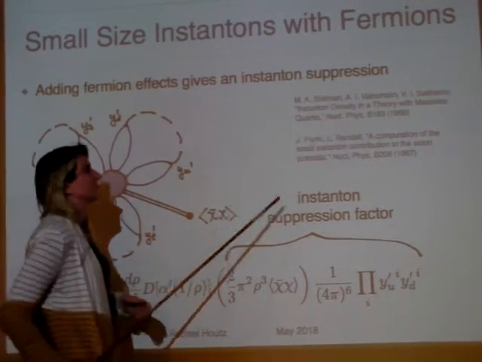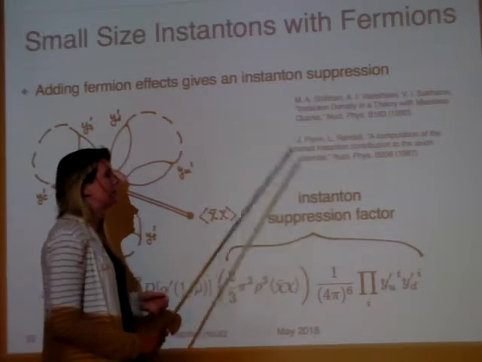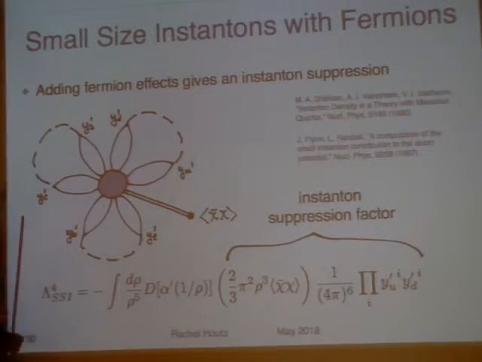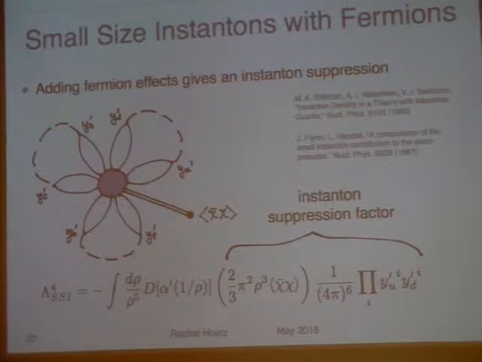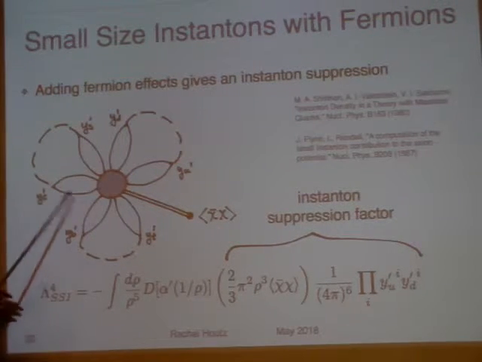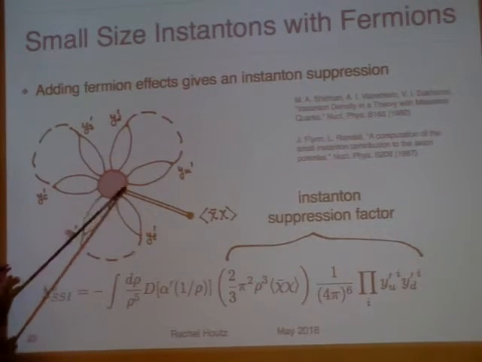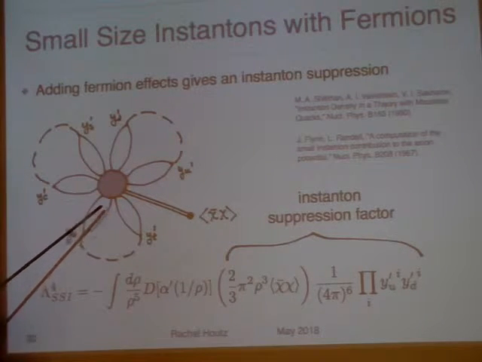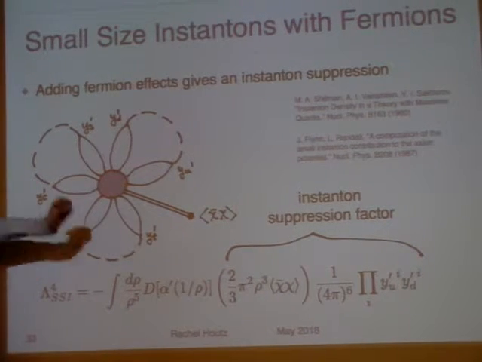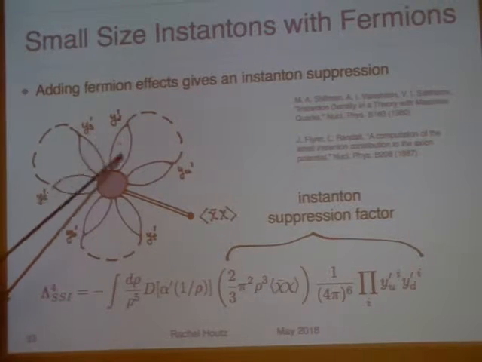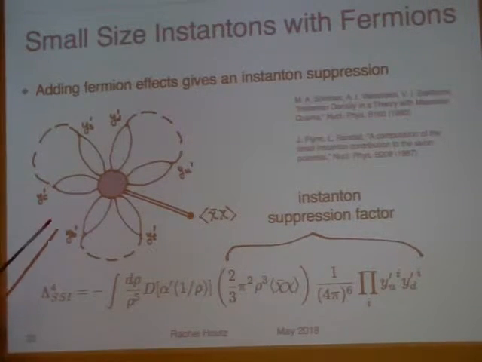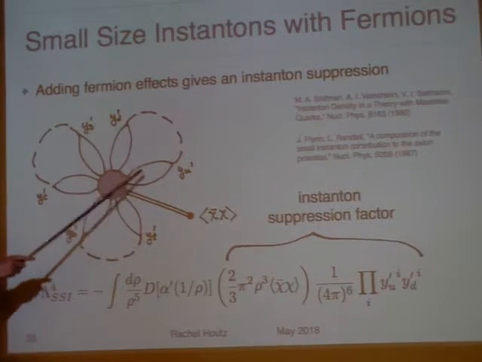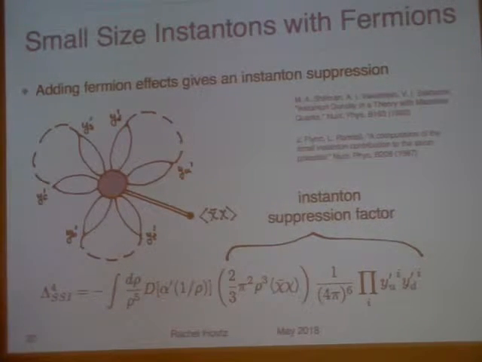Schiffman has a really good paper on this from a long time ago, and then Flynn and Randall do this really explicitly for a few models that you might find interesting. For our model, it's the SU3 prime instantons, remember, that are non-negligible. The way you insert an instanton into a Feynman diagram is you put all the fermion zero modes in, and then assuming you're trying to calculate a contribution to a potential, you want to close off all the loops so there's nothing left. If you were calculating a bare mass, maybe you do something else.